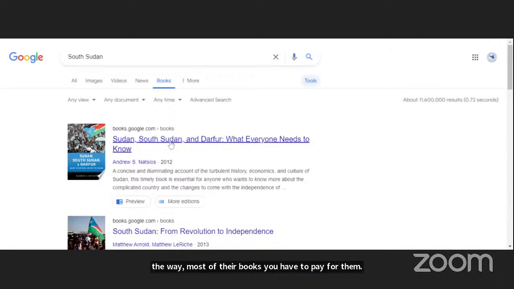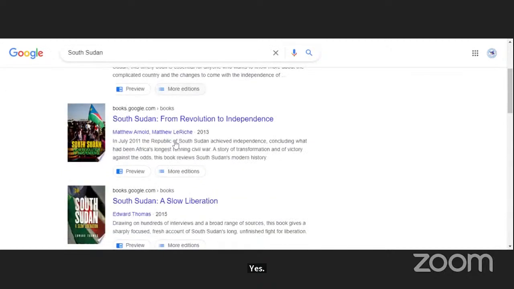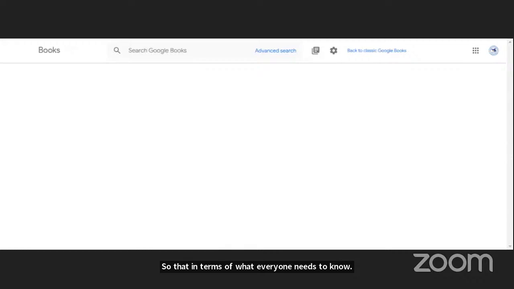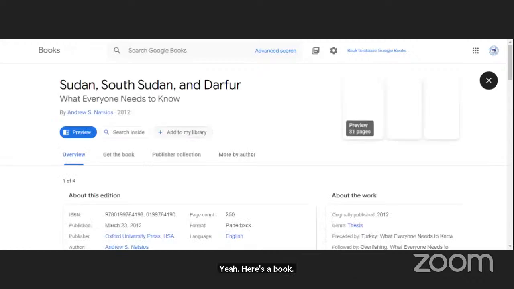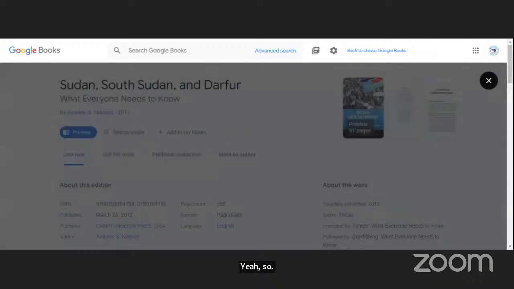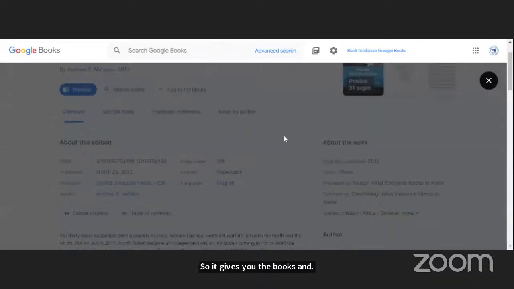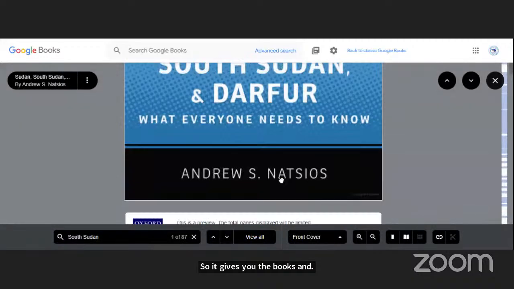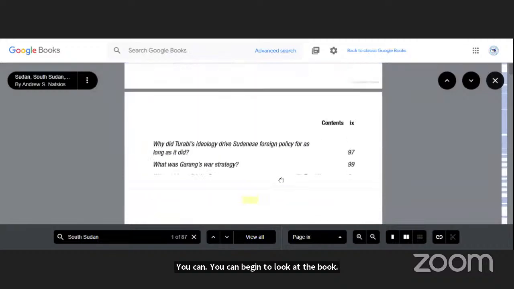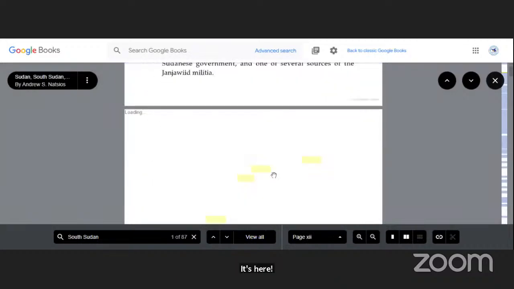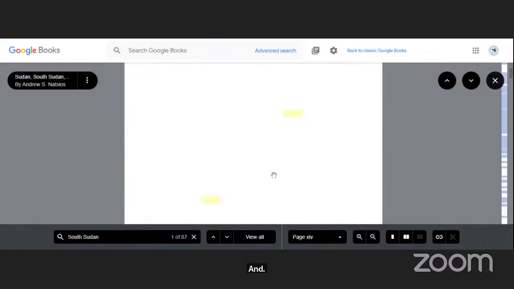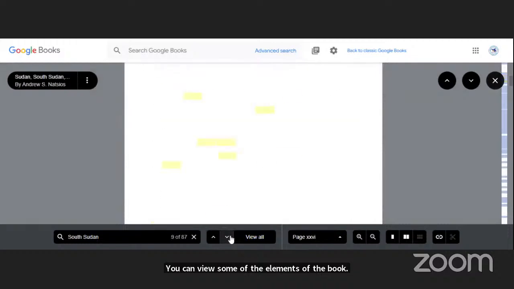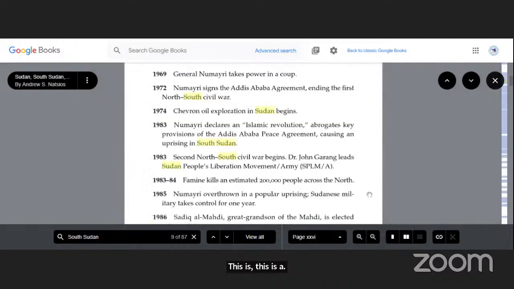Yes, Sudan and South Sudan: What Everyone Needs to Know. Yeah, this is a book. So it gives you the books, and you can begin to look at the book. It's here. You can view some of the elements of the book. Right, this is a very long book, and then if I want to share,